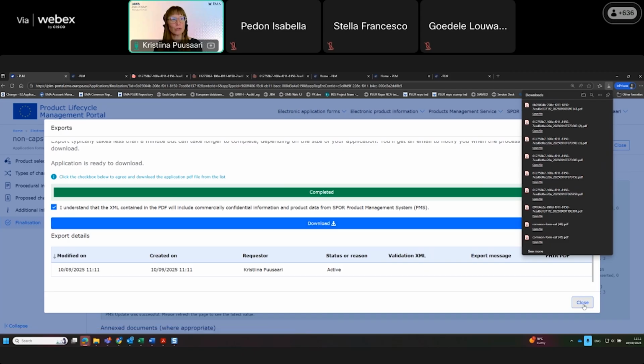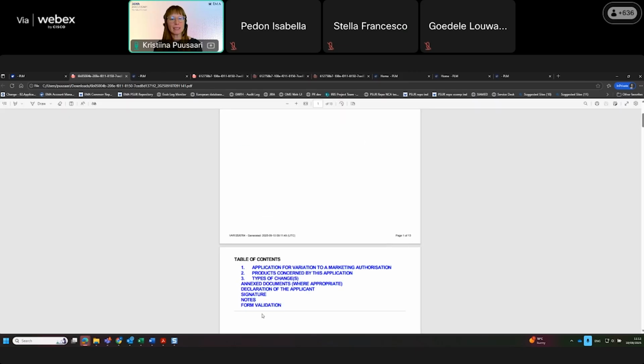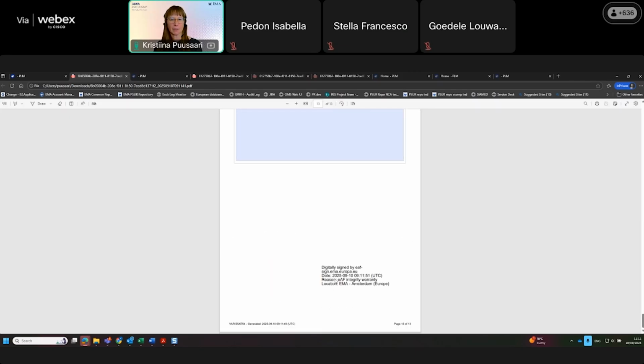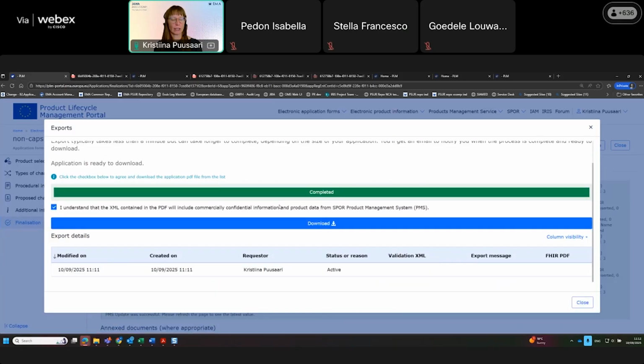If you don't close the window, for some reason, the form does not move into your completed tab, but it remains in your drafts. So basically, you will get a finalized form with the integrity stamp, but it remains in your drafts area. So this is something that we are looking at how to address as soon as possible. But it is important that once you have downloaded, you close,